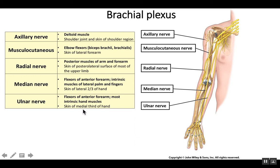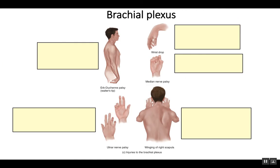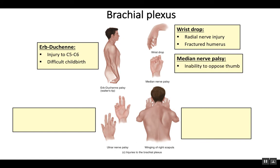So those are the 5 nerves of the brachial plexus. The brachial plexus also is connected to a lot of these signs of nerve problems. If you damage C5 through 6, you might get this waiter's tip sign. We've got wrist drop, which is a radial nerve injury, often associated with fractured humerus, and the inability to